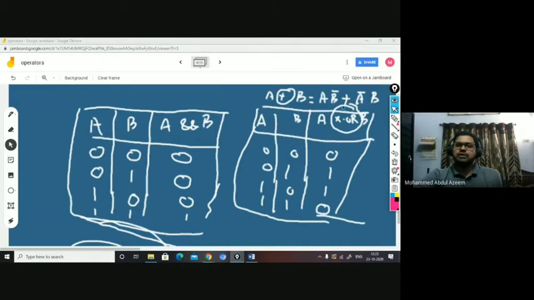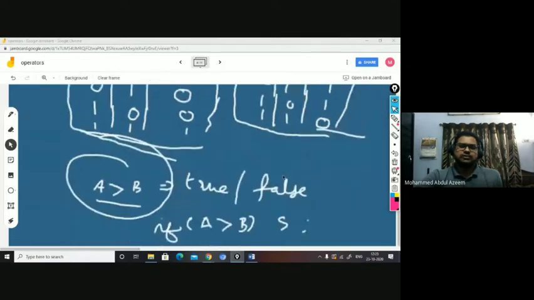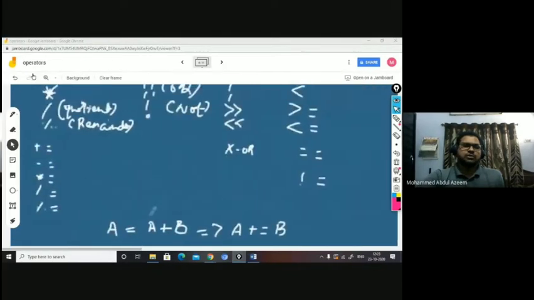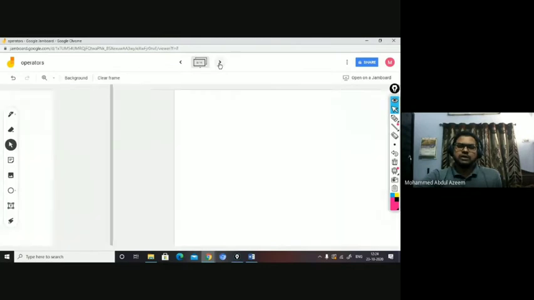So A and B complement or A complement and B. When you apply this operation for the different sets of values of A and B, you find that when both bits are the same, that is 0 0 or 1 1, the result is 0. When the bits are different, 0 1 or 1 0, you find 1. So this is the result of the exclusive OR operation.